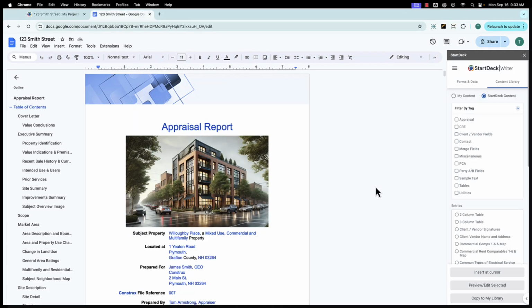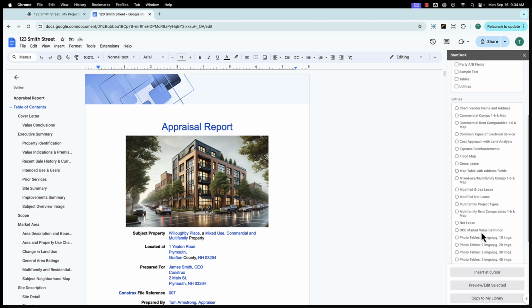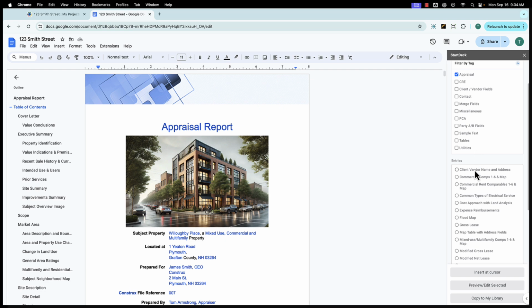Let's take a look. Okay, let's start with tags. Tags, which are user-defined, are used to sort content library articles. So for example, we'll filter by appraisal, and now we have a list of content library articles which are tagged with the appraisal tag. Next, let's go down to preview, and in this case, we'll take a look at gross